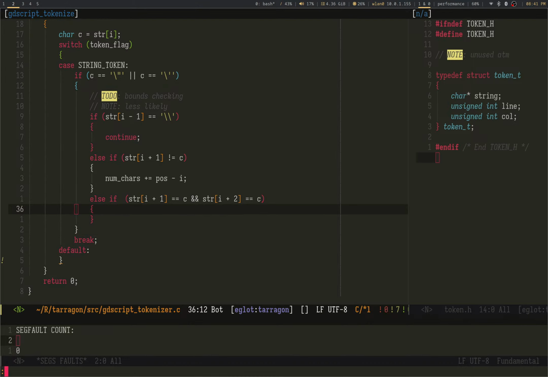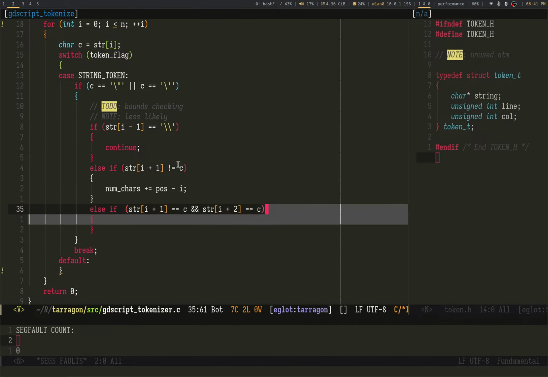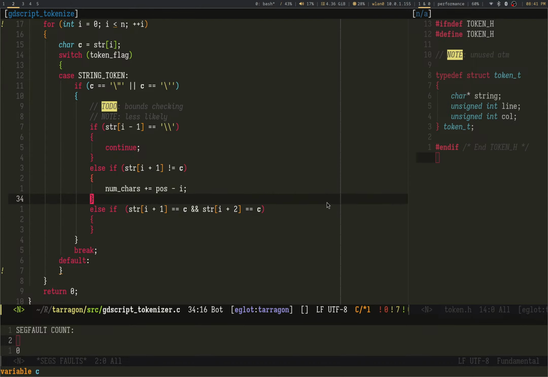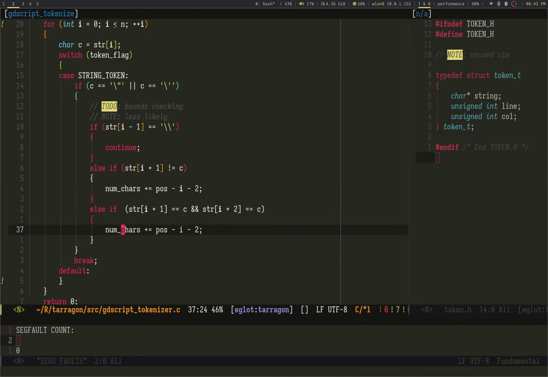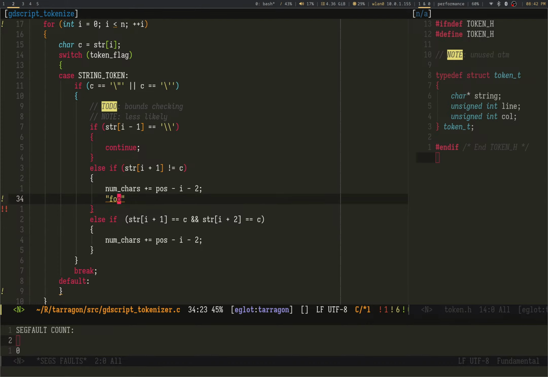Because if we get this, pause is essentially going to start at the first quotation mark. So in this case, I do know going forward the next character does not match it, then I know I can just subtract 2. And here, num-cars, I subtract 2 because here we have foo.